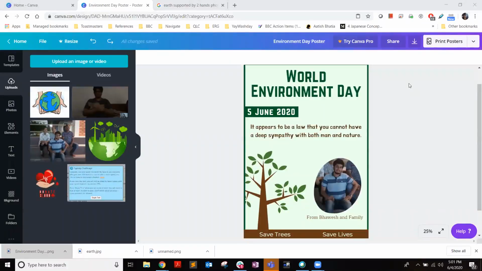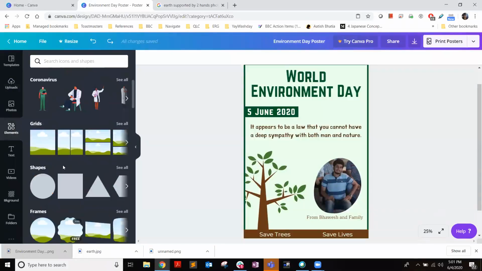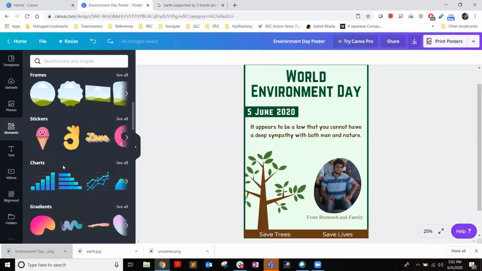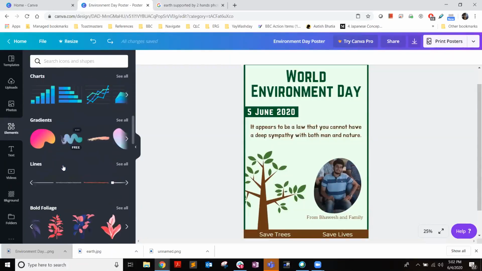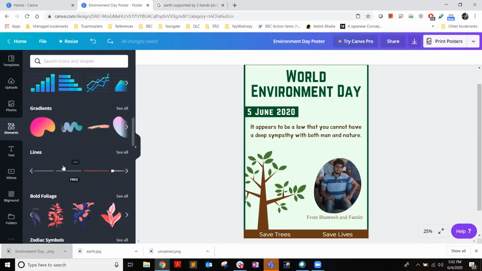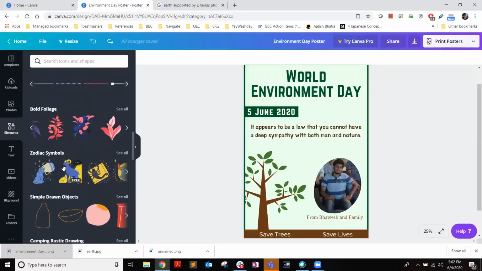Sir, no. I accidentally added a thing which was premium. Okay. You can still use a premium image. I'll show you, but that will come with a watermark. But it's saying $1 since this laptop is from the US. No, Canva is from the United States. Yes, sir. When I remove the image, it's also saying one premium image, sir.